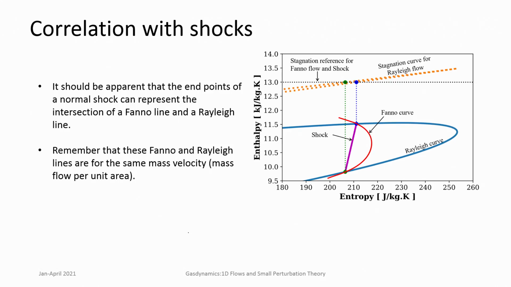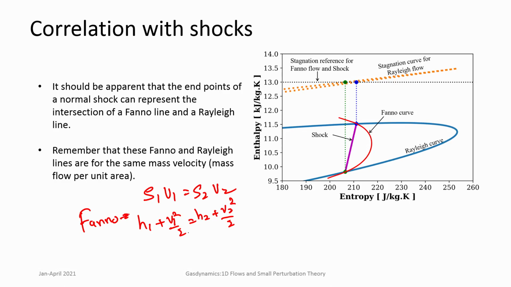Is there any correlation or connection between these two? If you look at the Fanno curve, what it considers is rho 1 V1 equal to rho 2 V2, and adiabatic flow, H1 plus V1 square by 2 equal to H2 plus V2 square by 2. This is Fanno,